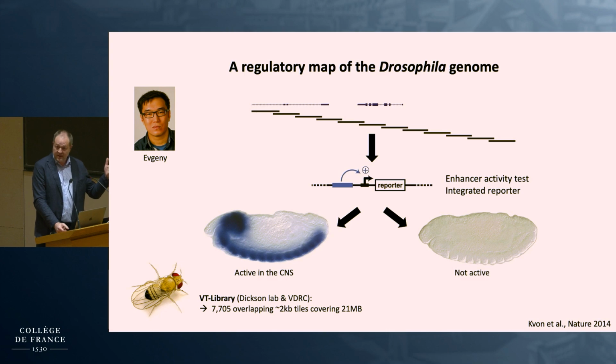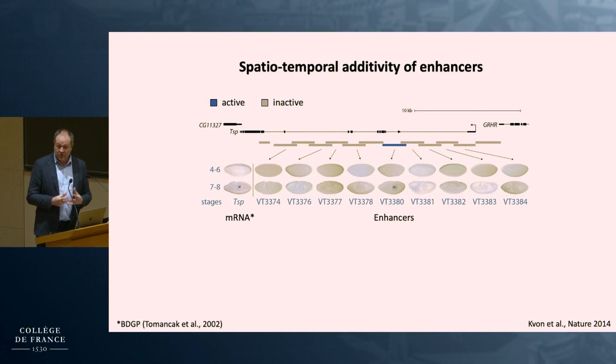And then for each of these sequences, we determined whether it was an enhancer and in which tissue it was active. Here I show you the central nervous system of the fly embryo, or whether it was not active during embryogenesis at all. If we look at the raw data, I think it's truly beautiful because for individual gene loci, like the thrombospondin gene here, we can essentially explain gene expression, which you see here on the left of this line,